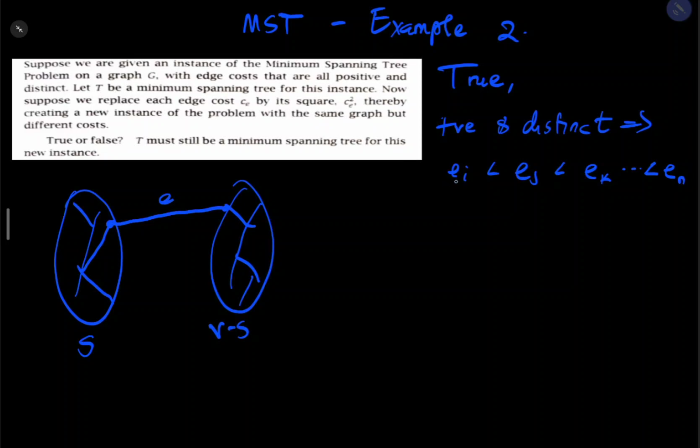And this is simply the ordering of distinct edges, where in this case, E subscript I is the